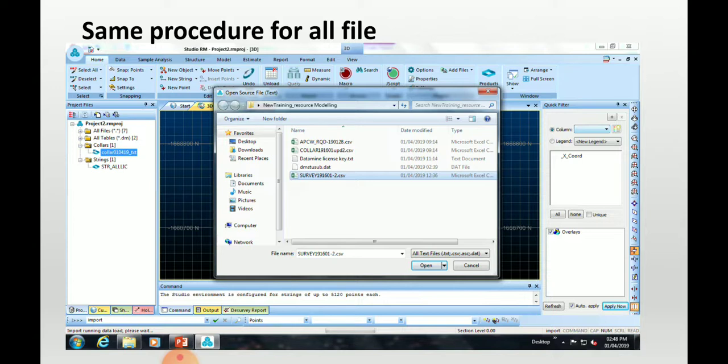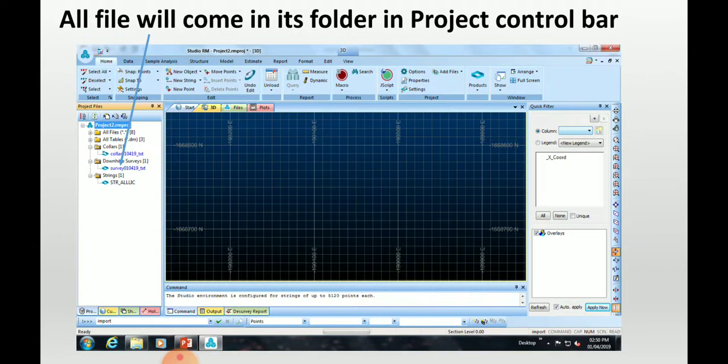This whole process we follow for text files. All files will come in their folders, like collar in the collar folder, survey in the survey folder, and the assay file. Geology file also comes in the assay folder.